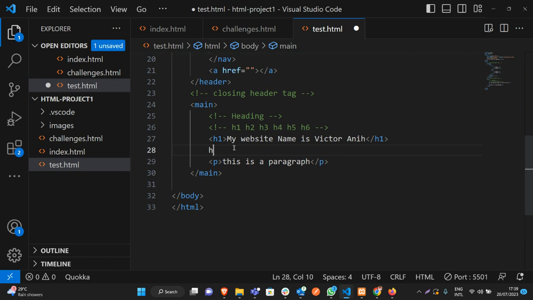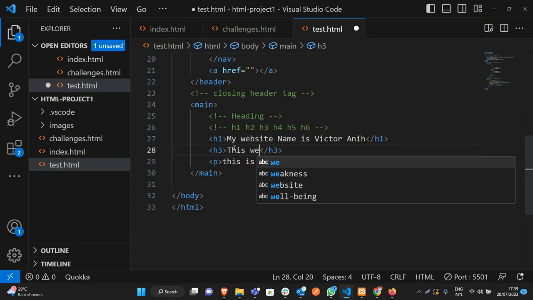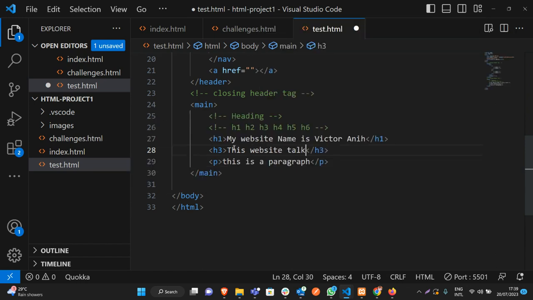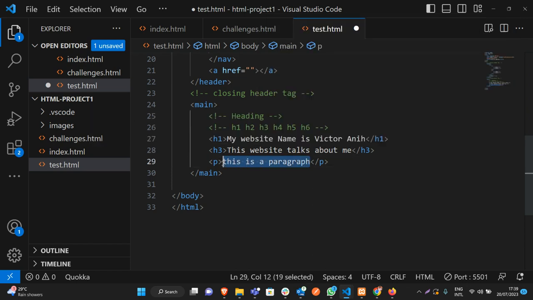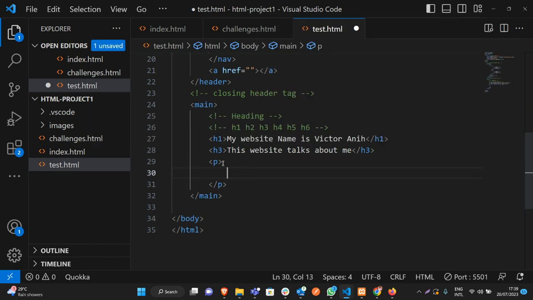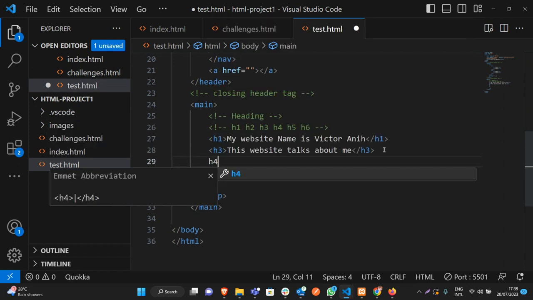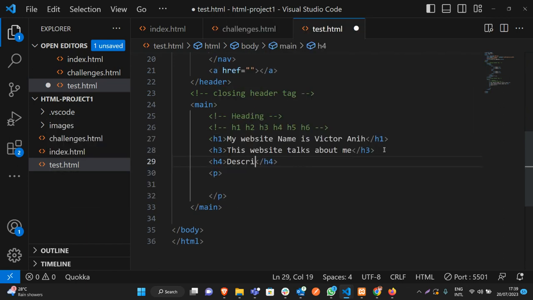And then I can say H3, this website talks about me. And then I'll now create a paragraph where I give the description of what this website is all about. I can have H4, a description below, and then I'll put here, let me use dummy text,